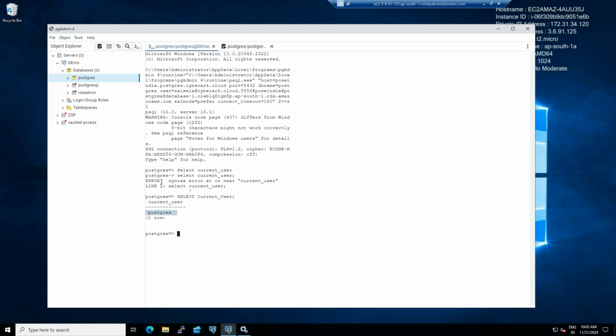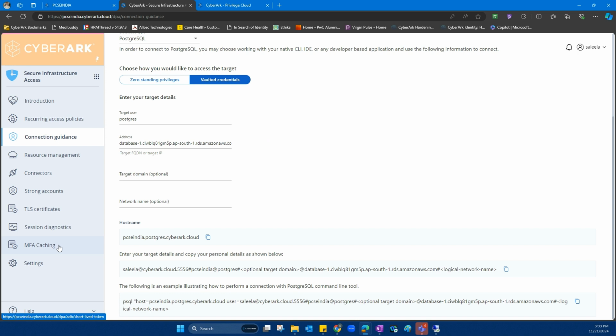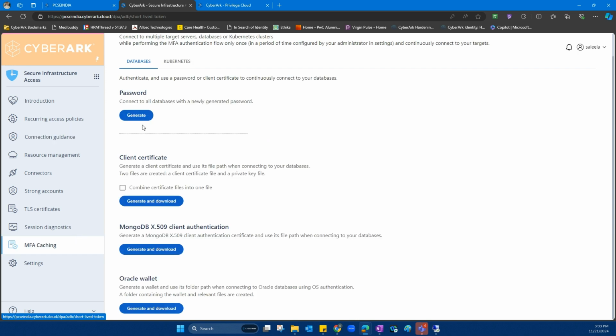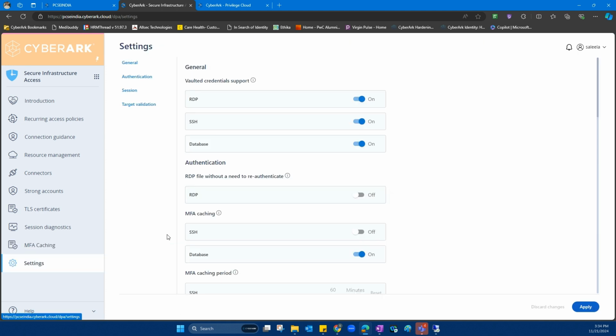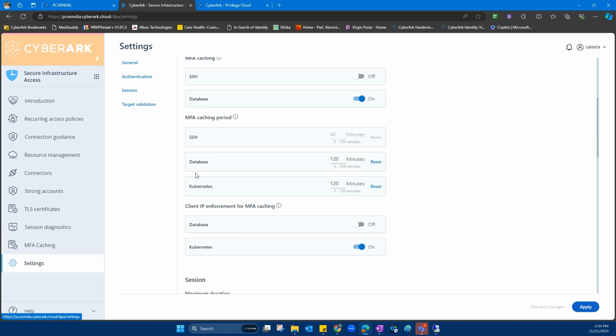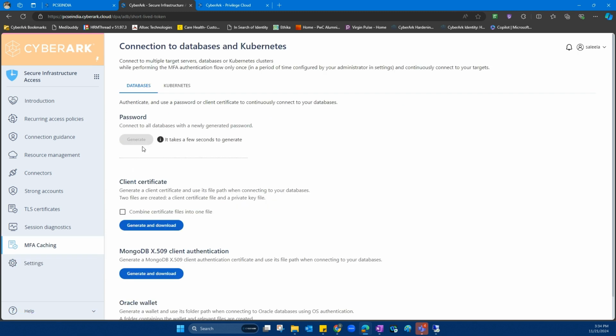Okay, so this is how the connection is made to the target databases using the connection client from the desktop of the end users. And there is also an option for MFA caching here to the databases. We can generate a password here. You can see, you can connect using this password, you can connect to multiple databases, multiple targets using the same password for the certain amount of time which you have given in the settings here. In MFA caching period, whatever timing you have set, it will allow you to use MFA caching until this time. So you can generate this password here,